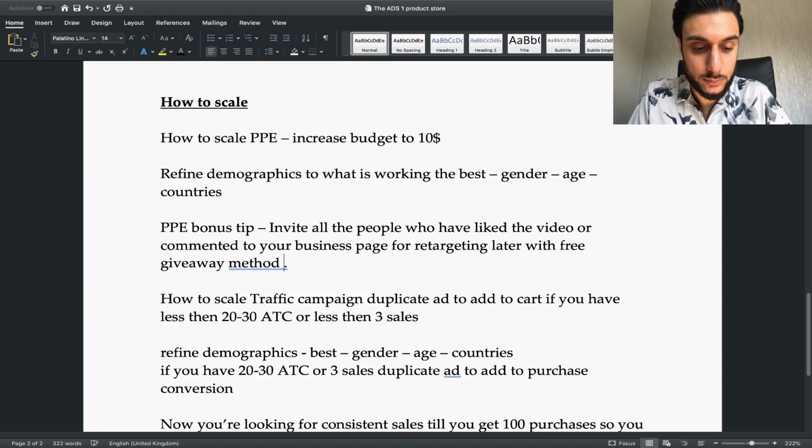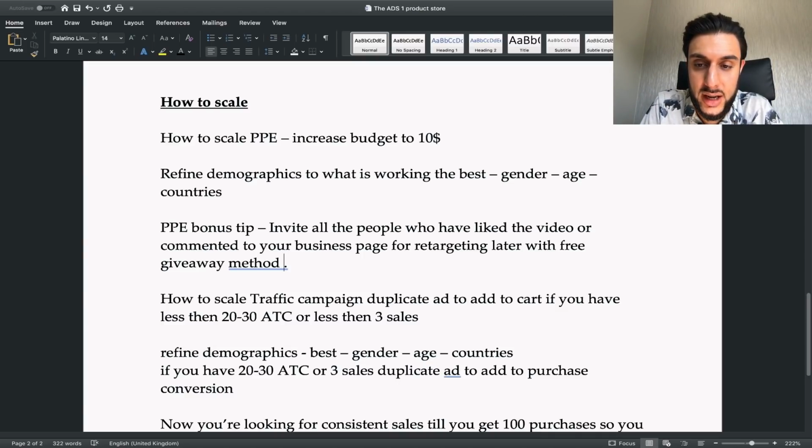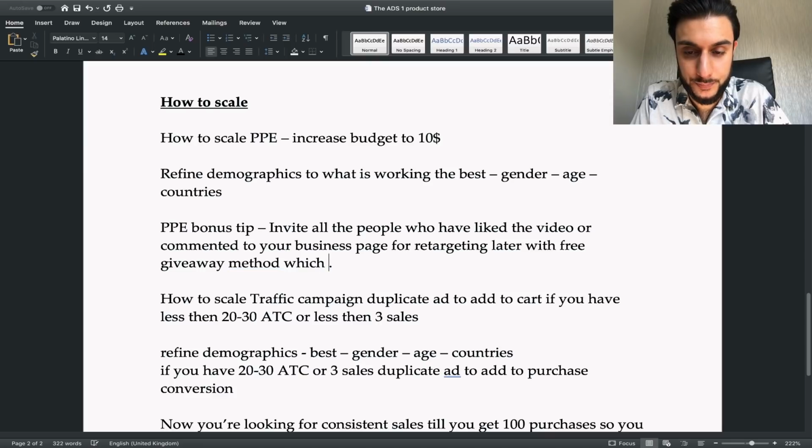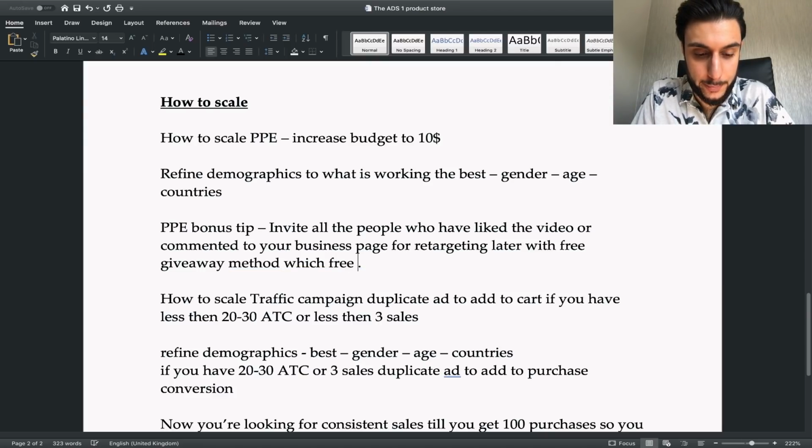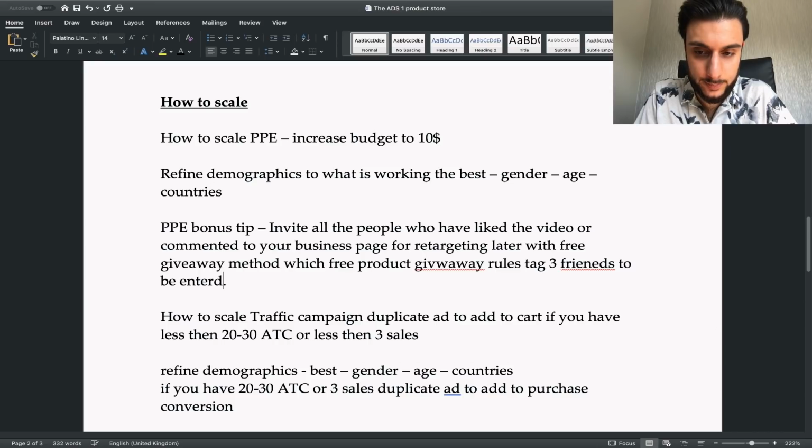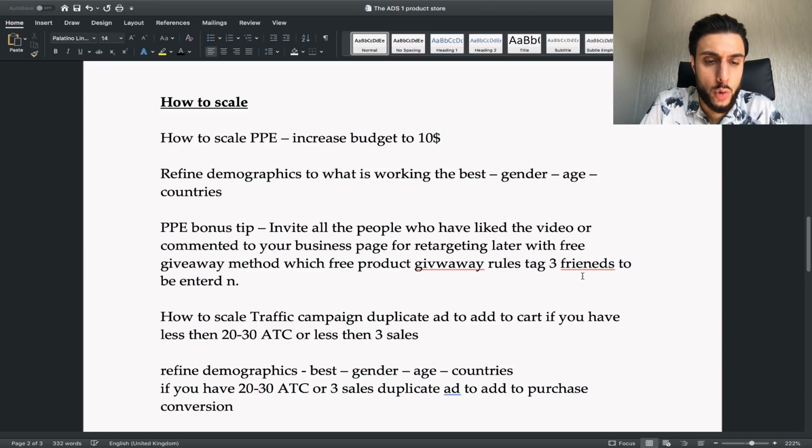So we put it with a free giveaway method, which is a free product giveaway. The rules I normally make are: tag 3 friends to be entered. So guys, that's what I normally do with the giveaway when I retarget people by inviting them